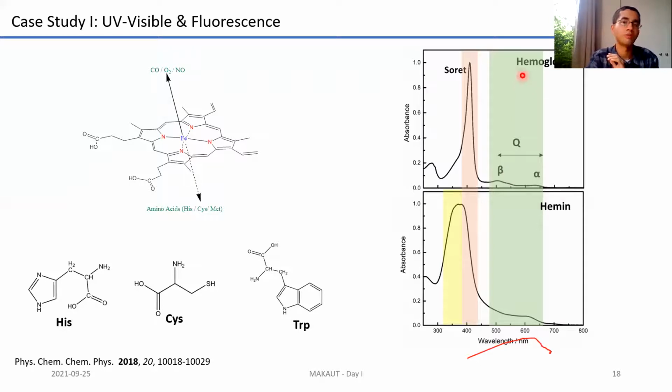Hemoglobin, which is a protein, and hemin, which is just a bare active site structure, as you see, have very different UV visible spectra. Why? Because their electronic structures differ. Hemoglobin has something coordinated here, and hemin does not. So this is an example of practically using UV visible spectroscopy to distinguish between molecules. Now, why emission becomes important is that when you're studying a dynamic process like the tryptophan molecule binding to this system, UV visible spectroscopy, because it appears from a ground state, is not going to show much change.